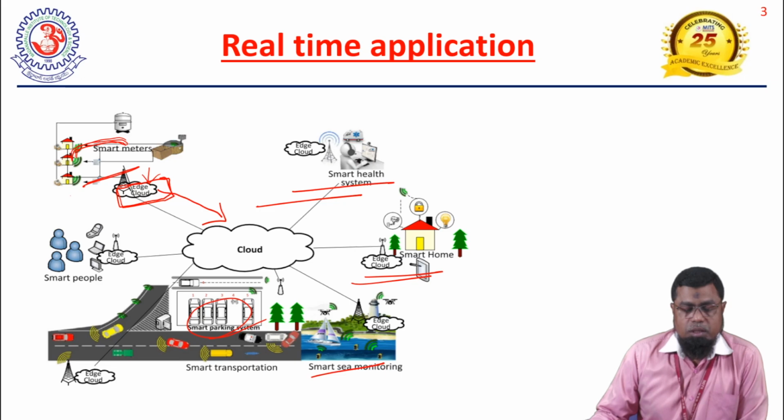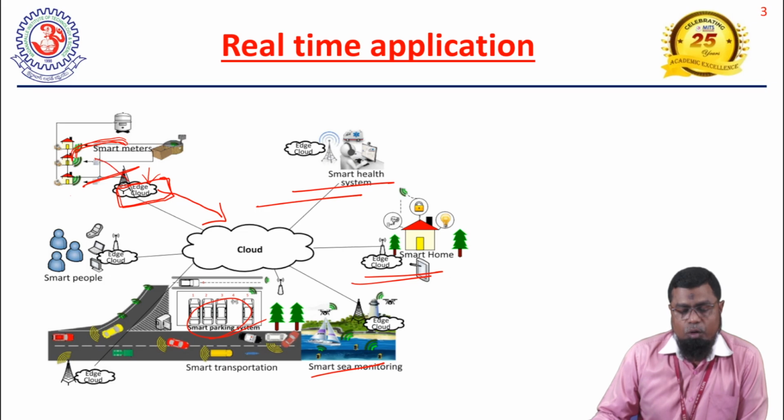Some time sensitive applications, for example, I have set a sensor in my water tank. If the water overflows from my tank, my sensor should alarm and I should stop the motor, or the motor which is pumping water to the water tank should be automatically stopped. So this is my IoT application. Here it is time sensitive. The tank is overflowing, the water should not be wasted. So within a few seconds or minutes, the motor should be switched off. So this is a time sensitive application.